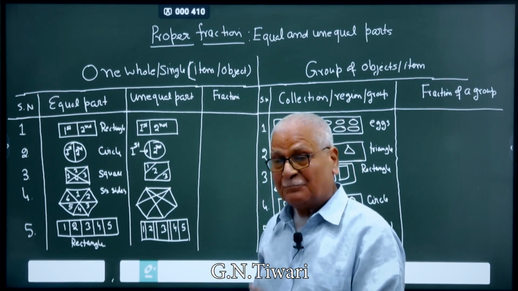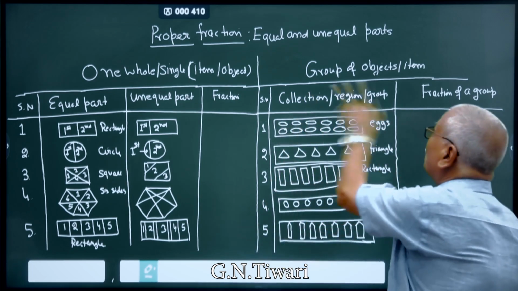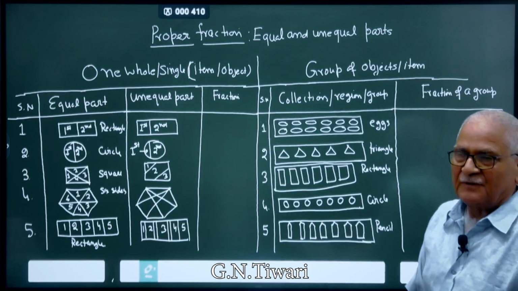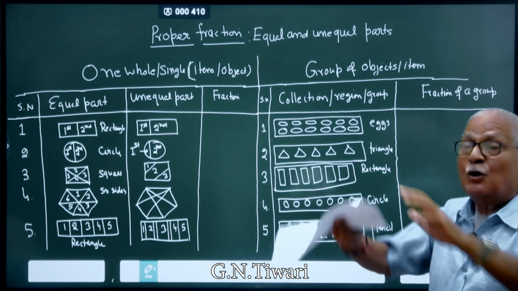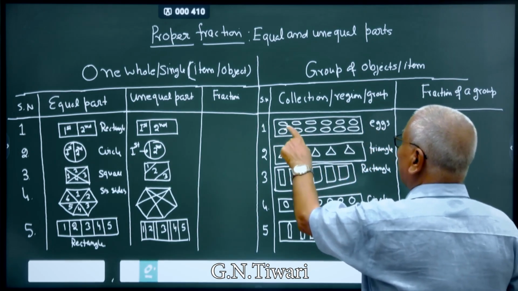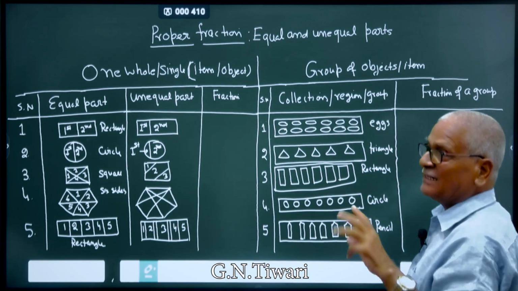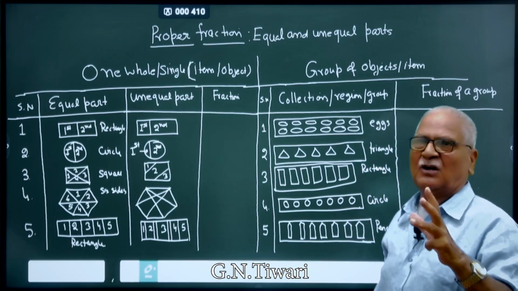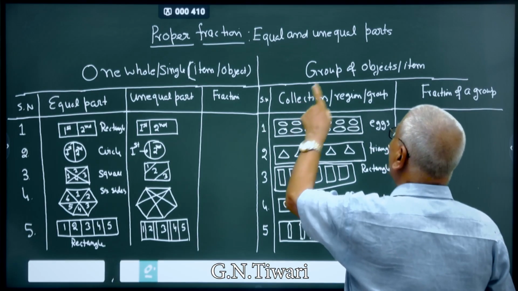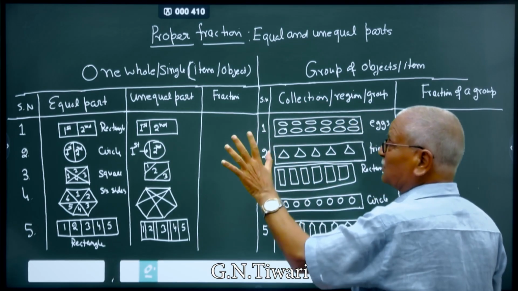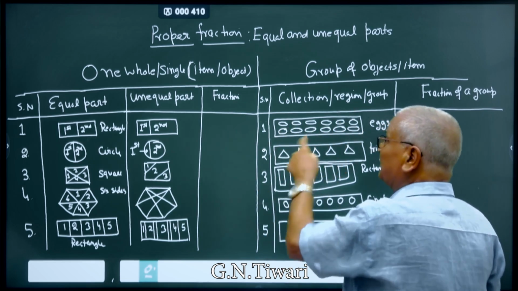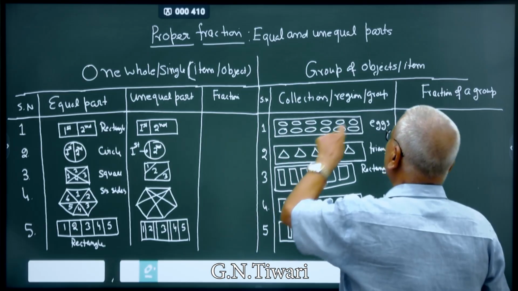So that is for a single item, but when you go for a group of objects, suppose it is a bag, and in a bag, group means more than one. Here it is eggs. There are 6 equal eggs, because generally eggs are mostly equal. So equal in size and one item, then it is called a group, collection or region. Three words are used: collection of eggs, region. In a region, there is this many eggs, and it is a group.